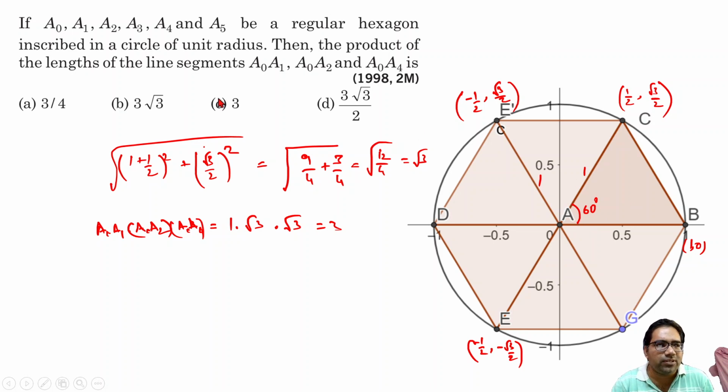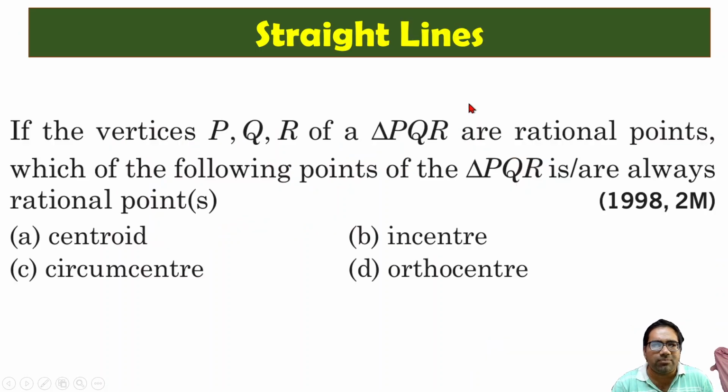Now, what is asked is A0A1. If we call this A0, A0A1, because this is an equilateral triangle, this length will definitely be 1. Right. And what about A0A2? If this is A1, this is A2, this is A0, then the length of this one would be equal to the square root of (1 plus half) whole square